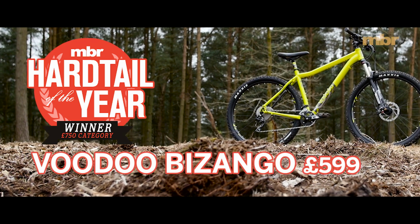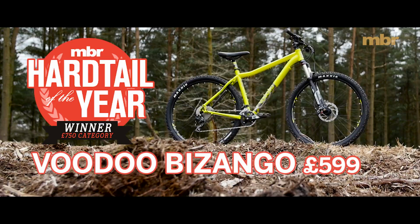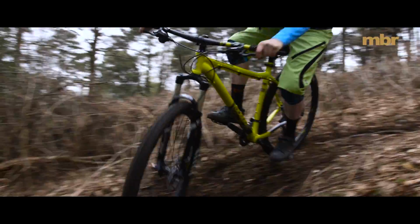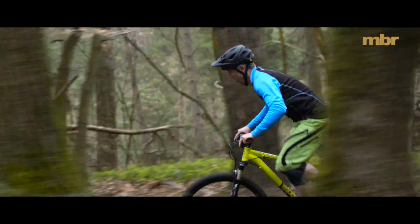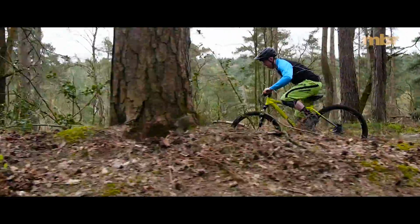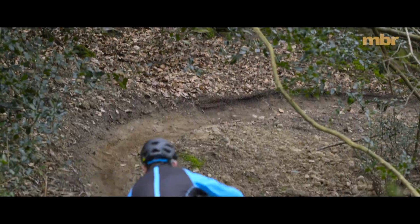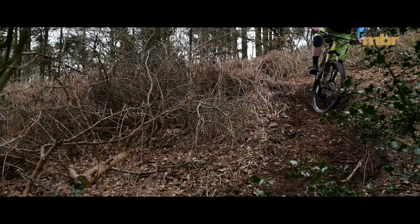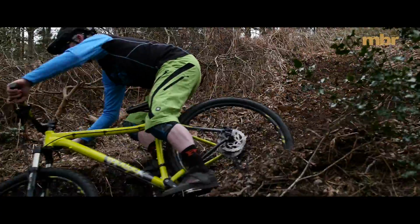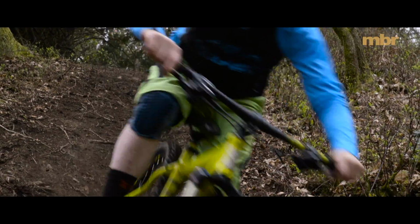The Voodoo Bizango has won numerous MBR awards in the past because it's a great riding bike at a great price. But things don't stand still, and this year there's been a couple of changes to the frame. Voodoo is now using a different type of aluminium, which is slightly softer and more resilient. It's also increased the standover clearance and has finally introduced a 16-inch frame size, making the Bizango accessible for smaller